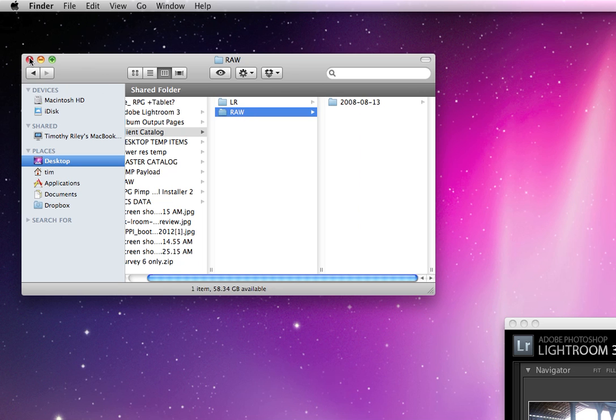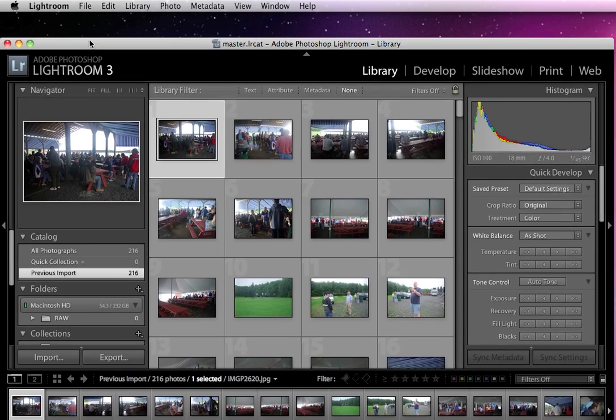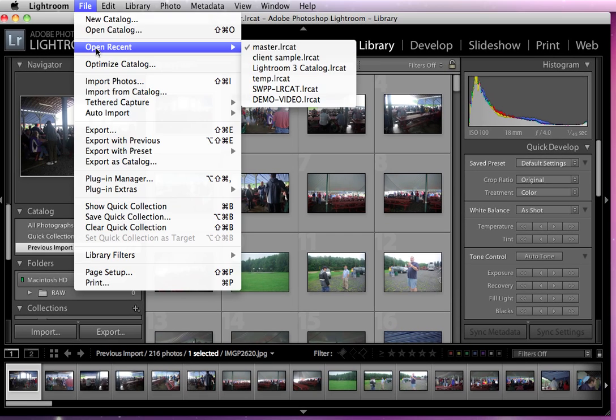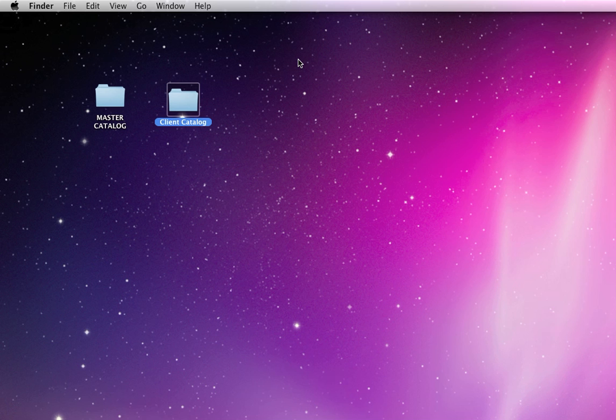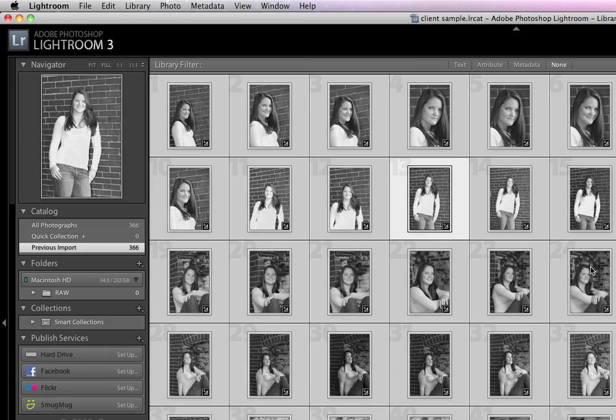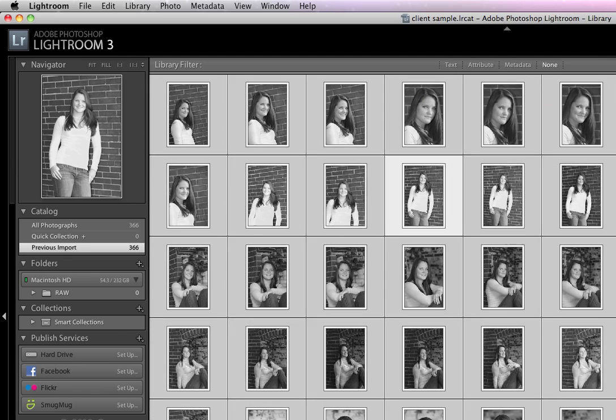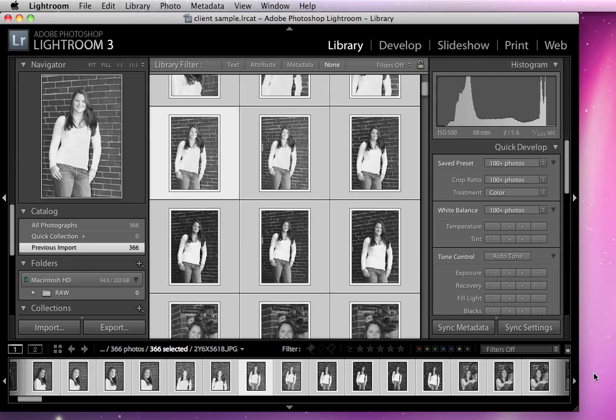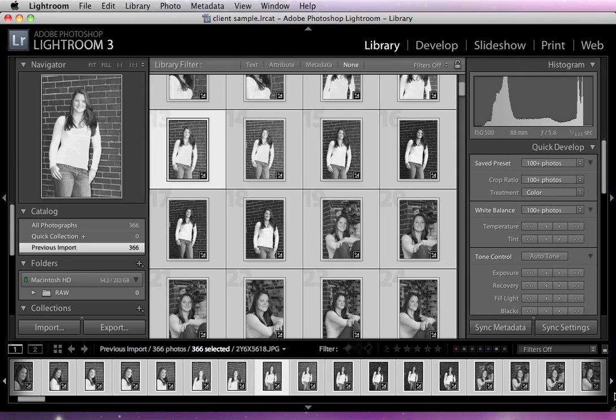So if we go into Lightroom, I just want to show you the client Lightroom catalog. It's a high school senior I did a couple years ago, and I simply imported these photos, did some editing on these images, and I've exported them as JPEGs. So I was done with this job, but I want to now bring these files into my master catalog so that I can easily